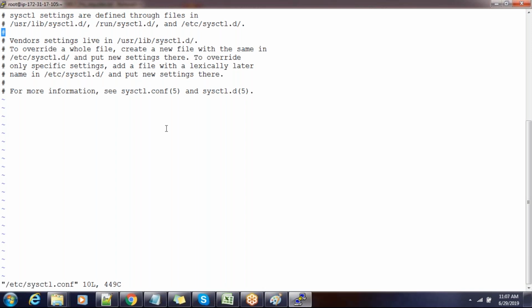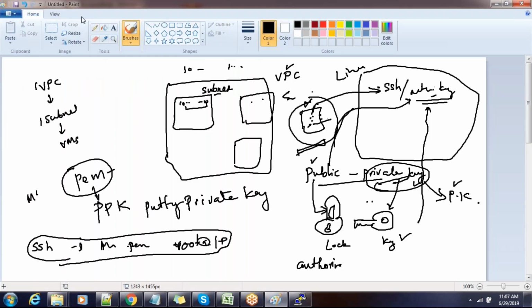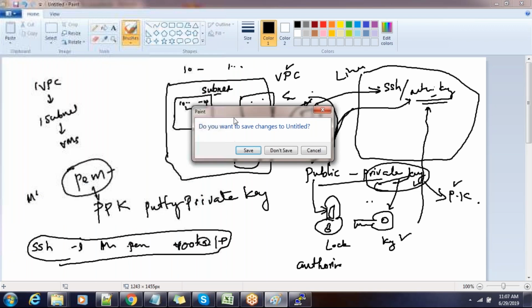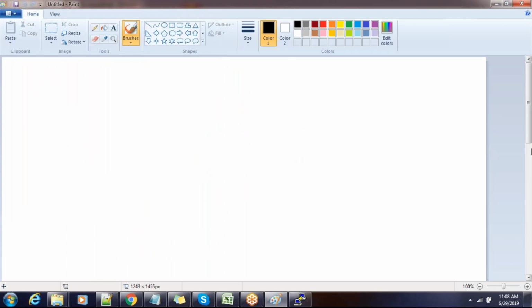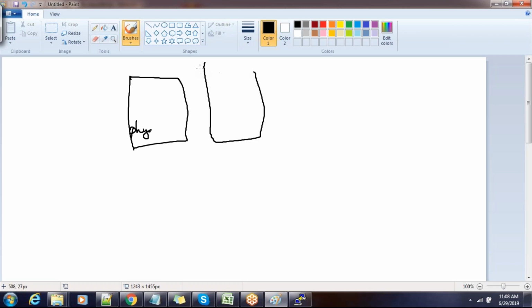Okay, so when does virtual memory need to be used? Again, this will be a bit of a confusing one. Normally we have physical memory, and we will have a virtual memory.